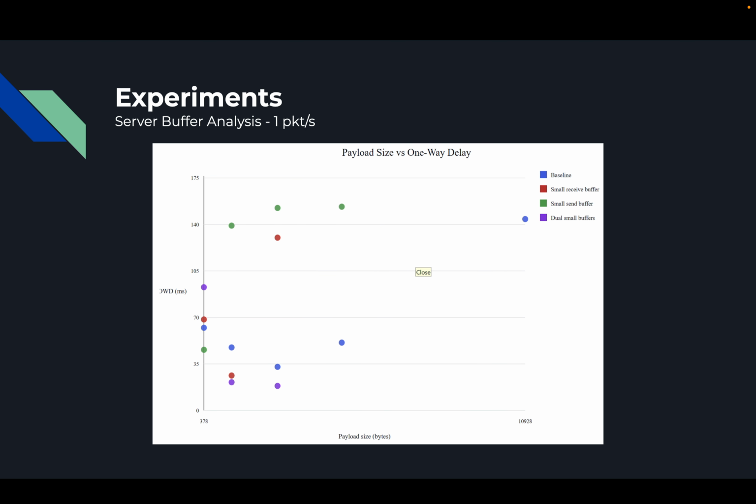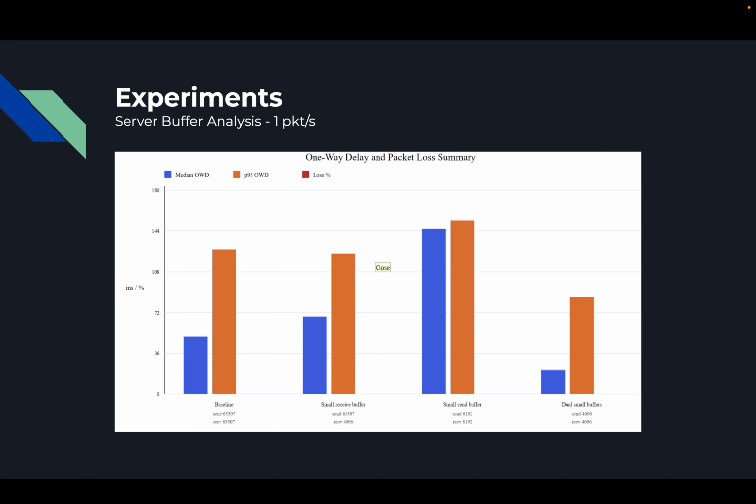And this scatter plot compares payload sizes with one-way delay. It shows whether larger payloads create more delay before reaching the server. The small send buffer configuration again shows the highest one-way delays, especially as payload size increases. The baseline and small receive buffer cases are lower but still show variation. The results suggest that the send buffer size has a strong impact on how quickly larger packets can be